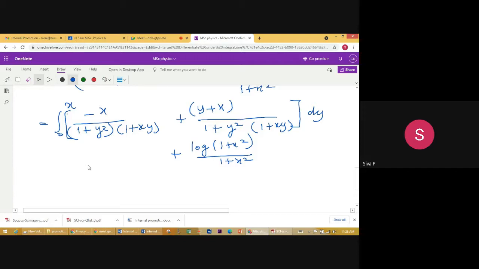The integral over 0 to x, we are keeping that 1 by x square, then 1 plus xy, then you will get that x dx. We are integrating with respect to y now. If we are integrating with respect to y, x dy is some dt. So you can keep it that